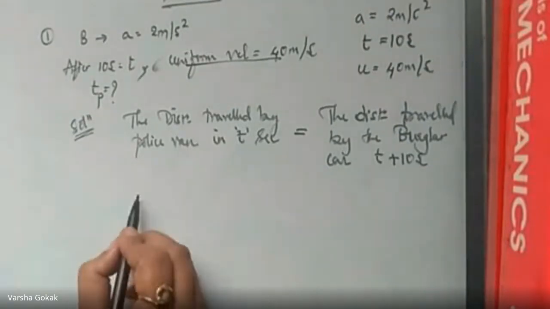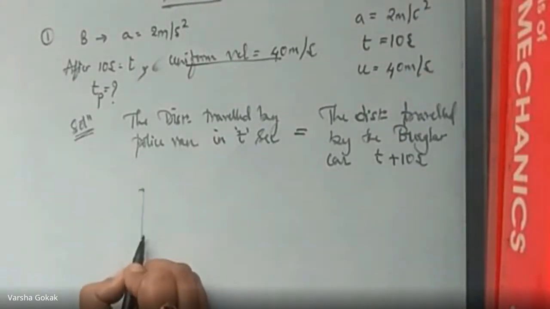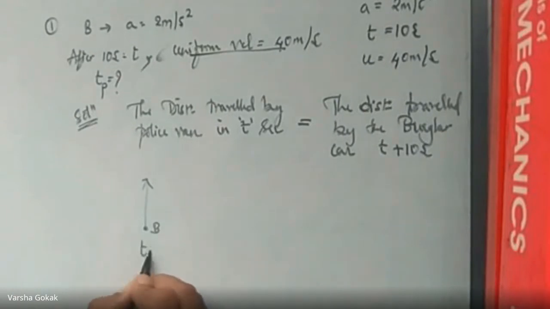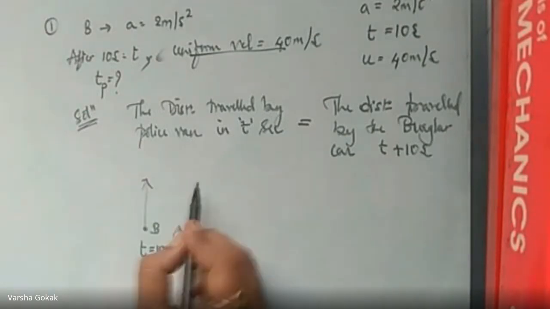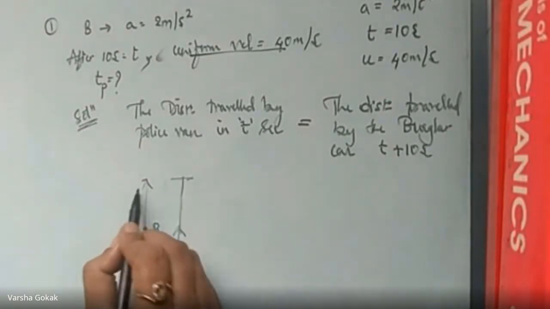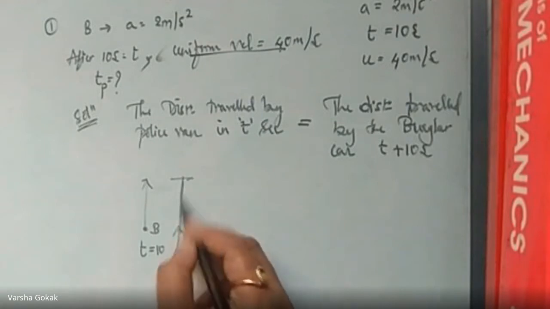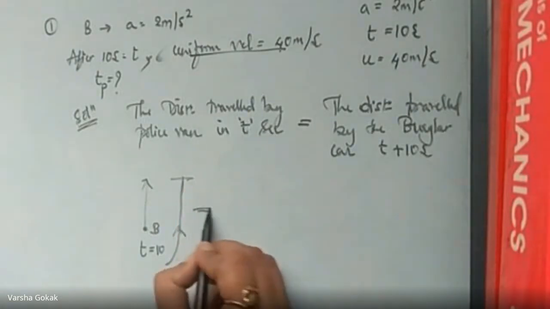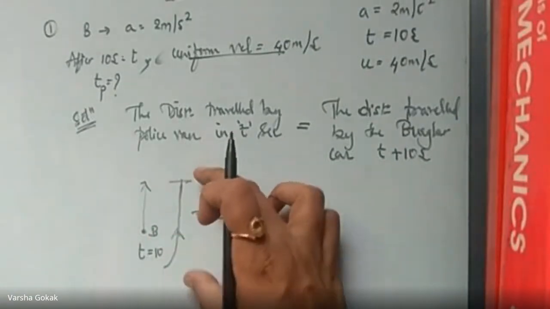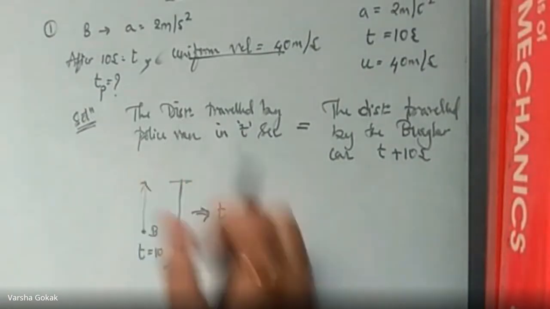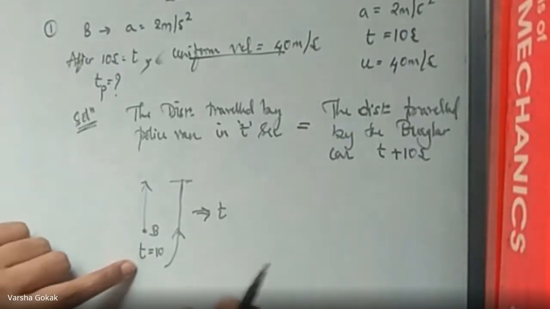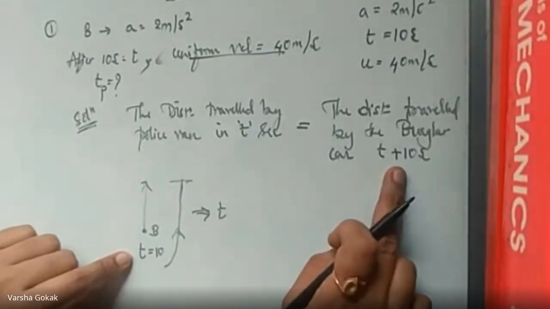Okay, so there are two distances. This fellow has started moving already, burglar's car, he has started moving, right? And then after 10 seconds, the police van comes and joins, right? So then this fellow also is moving, police van. So now the total distance traveled by the police van, say we are taking t seconds for this distance to be covered. So burglar's distance is how much? T plus this 10 seconds, he came after 10 seconds, no? So this distance to be covered would be in t plus 10 seconds.